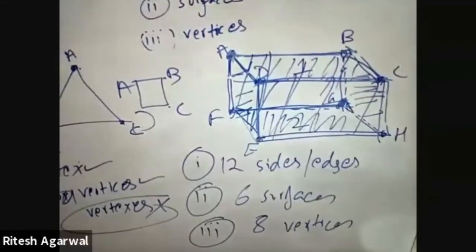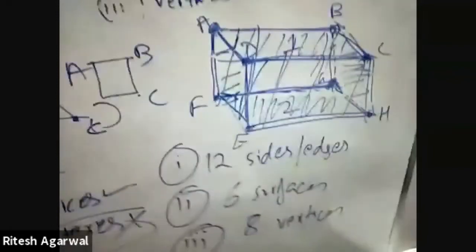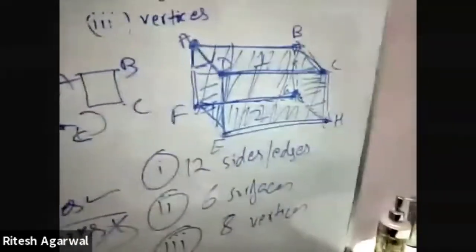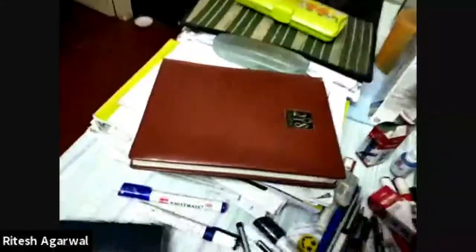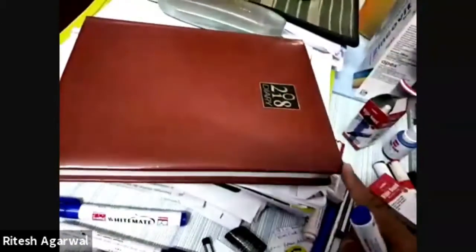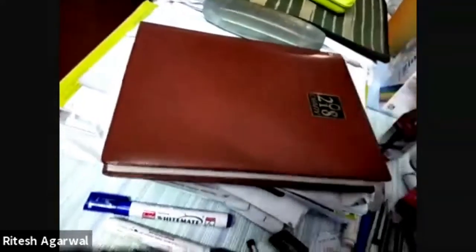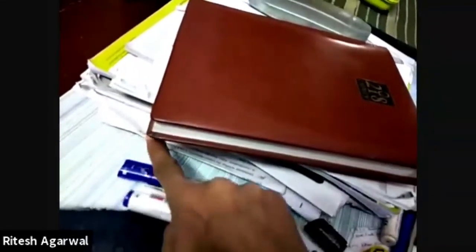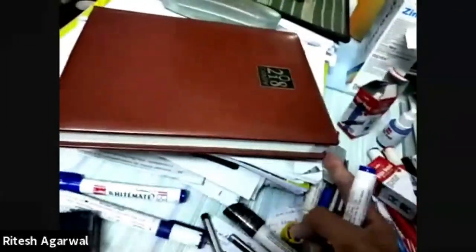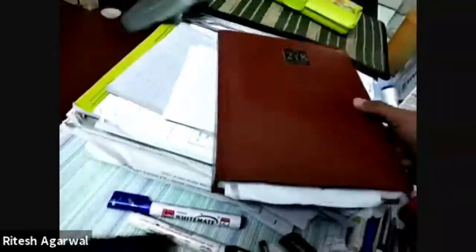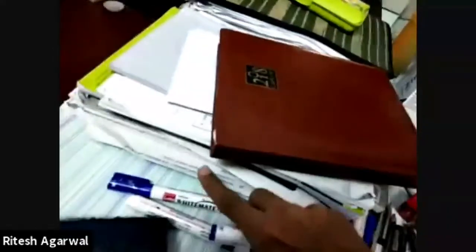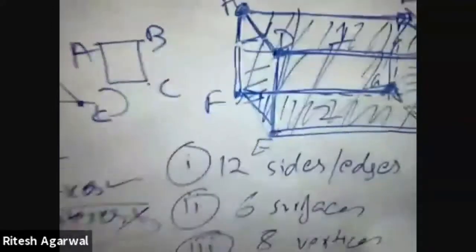This you can again verify using anything. Let me try to show you once. Let us say this is the diary we were talking about. This is a cuboid. So this point is one vertex, second, third, fourth. Then you will have at the bottom the 5th and 6th. Then again here you will have this one, 7th, and the last is this one, 8th. So in total we will have 8 vertices.